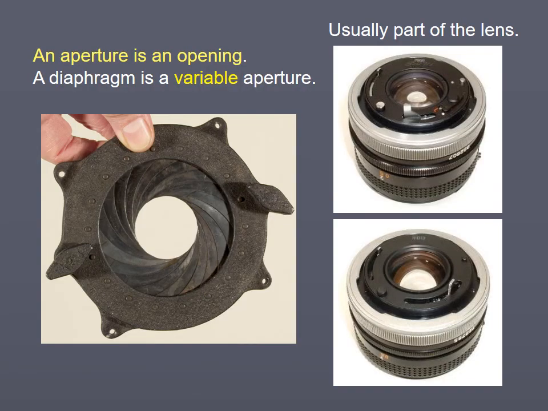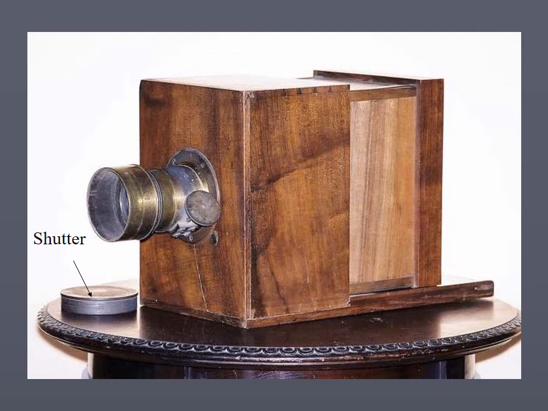The aperture is basically an opening. It's a hole, and it's usually part of the lens, and it's usually variable. Just like the iris in our eye that opens and closes automatically as you walk from a dark room to a light room. The camera can do that automatically when it's in auto mode. Otherwise, we set it in manual mode. And the shutter is probably the easiest thing to understand. In this camera, it's just that cap. You would open the cap, you'd count to 10 or whatever it takes to get proper exposure, and you put the shutter cap back on.